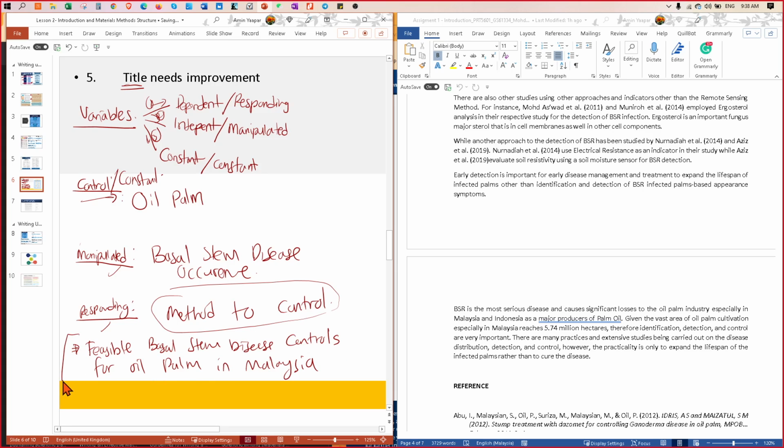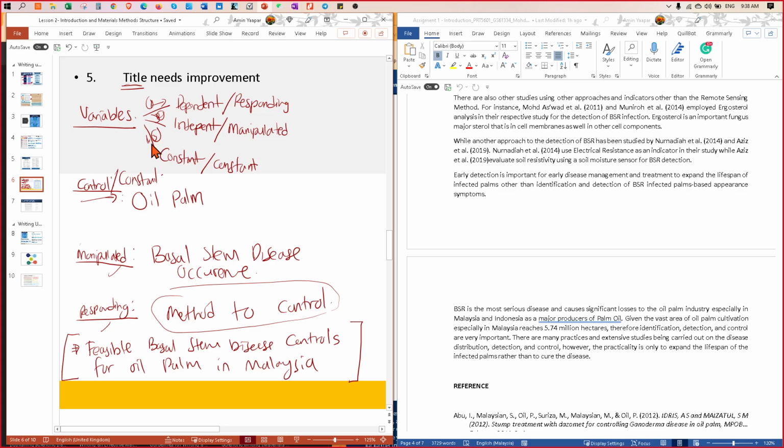So let's say that after you have listed down all your variables, this is the title that you have come up with. So it becomes feasible vessel stem disease controls for oil palm in Malaysia.